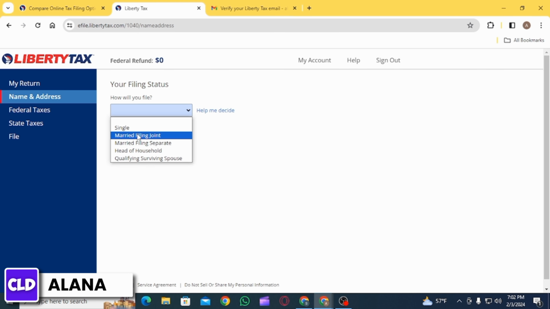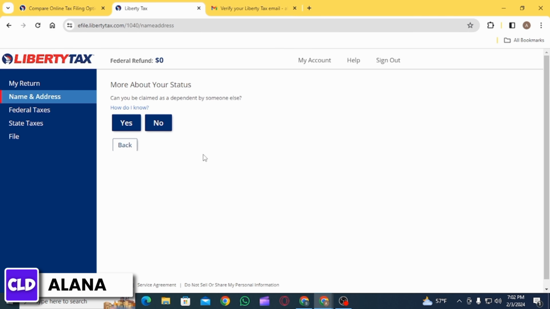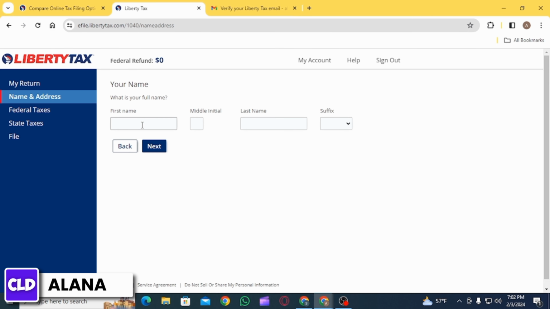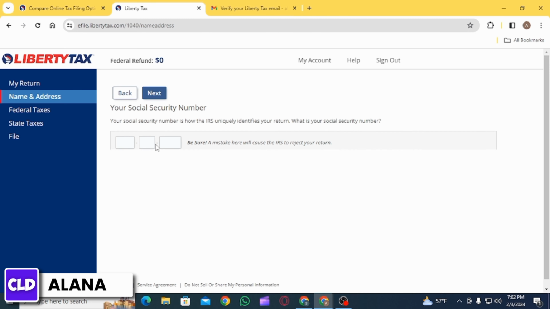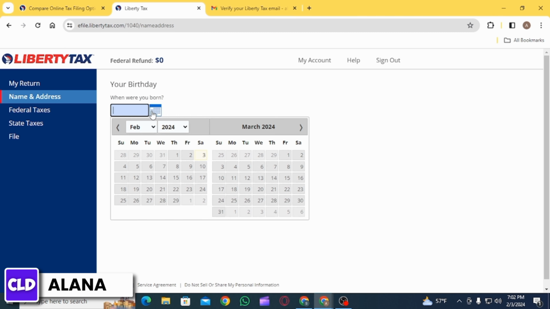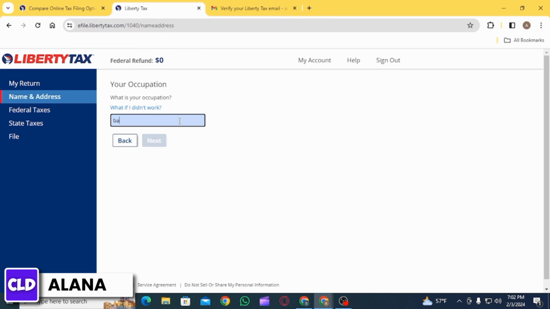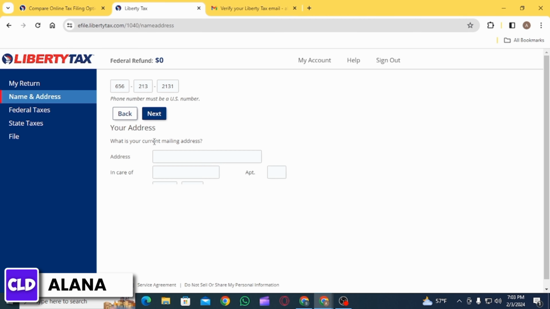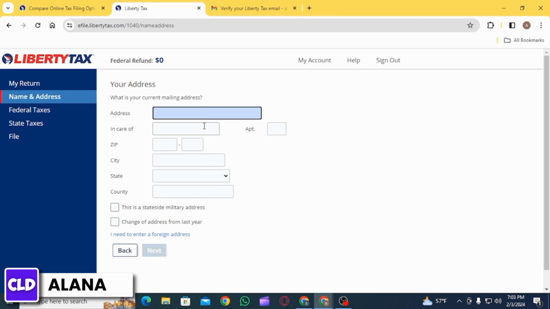After that, you will have to answer some questions such as how will you file? Then you will have to answer some of your personal questions such as your first name, your last name, and then enter your social security number, your date of birth, and then your occupation. Click on the Next option once you have answered the question, enter your phone number and then your address details. Simply click on the Next option once you have answered the questions, and just like that, you have to follow